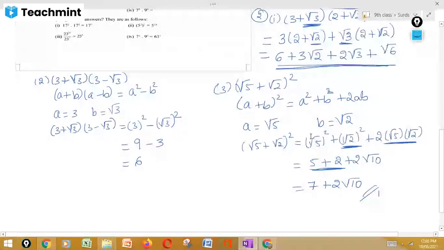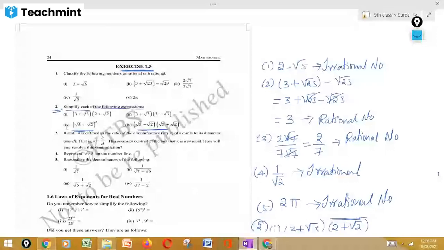Okay, now see, you have got the third question. Anybody read the third question? If you are unable to see that properly, zoom your screen. Find the ratio of circumference C of a circle to its diameter. Is it over? Say D, that is 5 is equal to C divided by D. This seems to contradict.